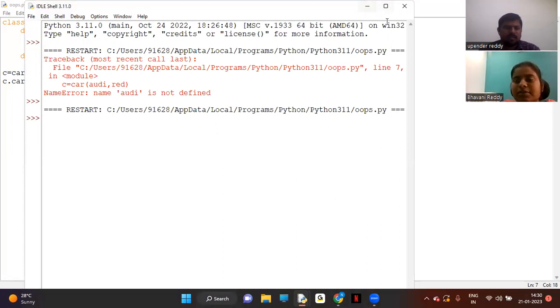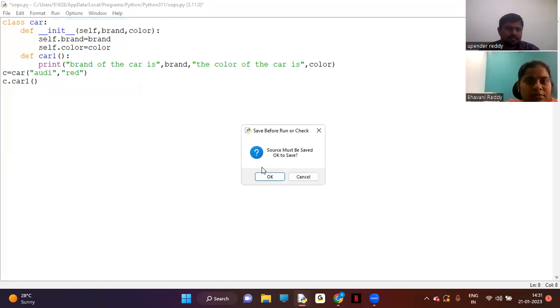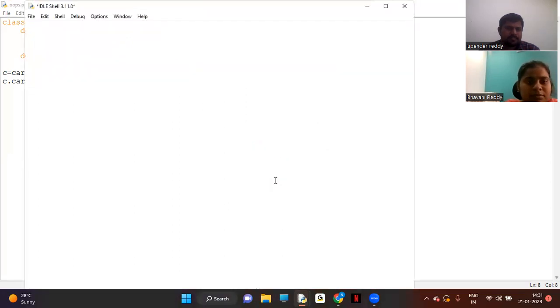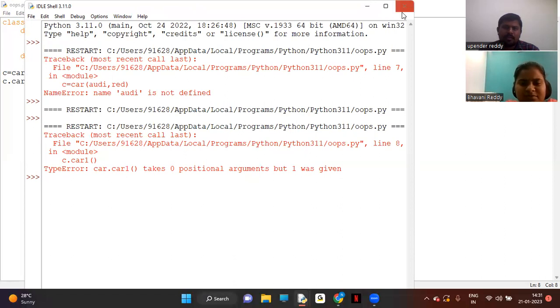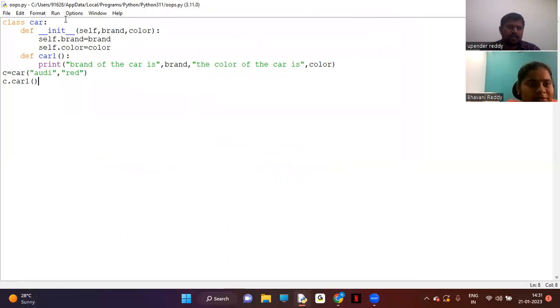Now it is run. But you put parentheses there after car one. Okay. Now you run it. Come back. So can you identify what is the mistake there? You have to use self.brand, right? In the print command, you have to use self.brand. Yeah, okay. self.brand. That also self.color,